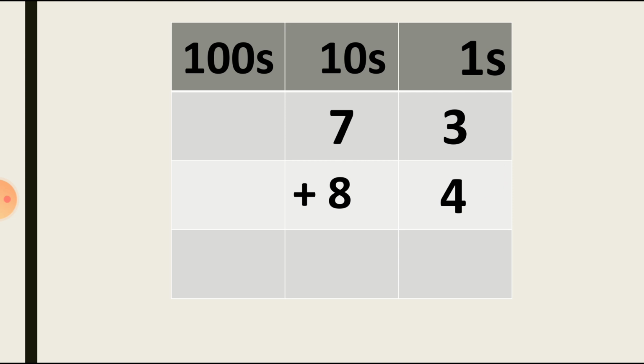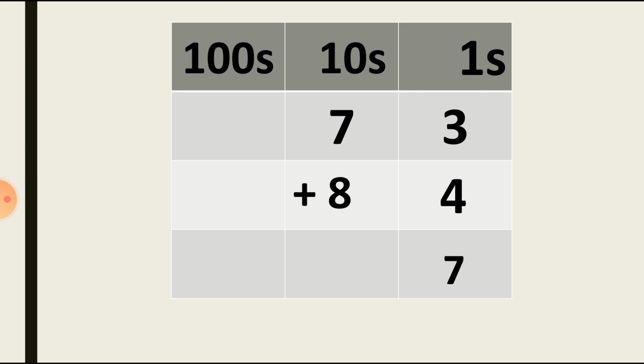Let's see one more sum, students. This is your textbook exercise. So please keep focus on these sums. Let's see the ones column now, students. Here is the ones column. 3 plus 4. So how many is it? You can count these numbers through your fingers also. So 3 plus 4 is equal to 7. So this way you can write down the number 7.